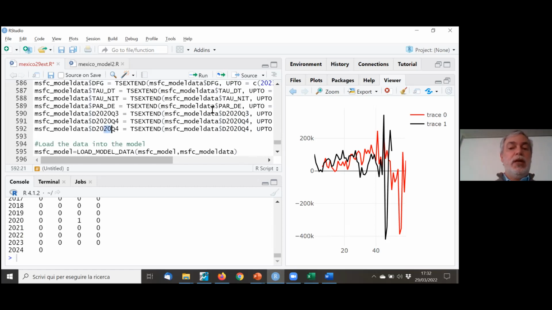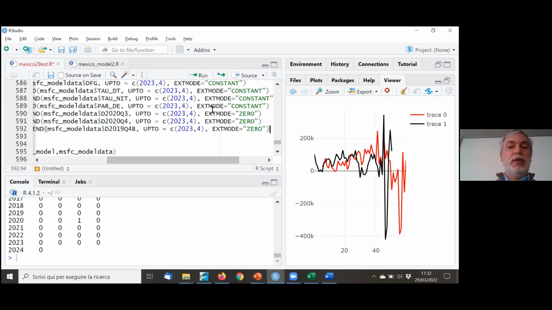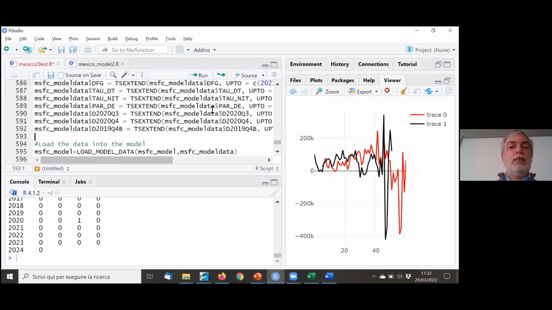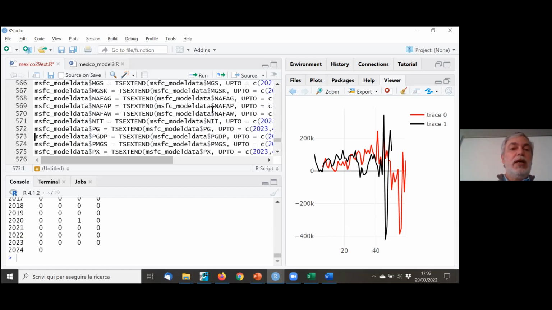So this should be 19Q4B, 19Q4B, and this should be constant to have once. So now this should be fixed, and I can try to add,